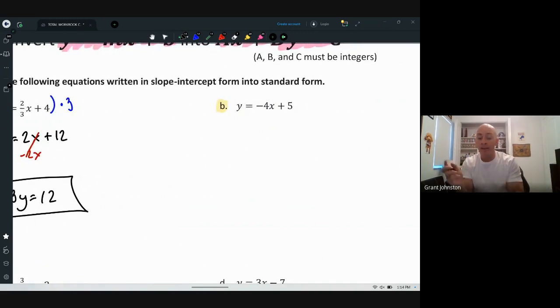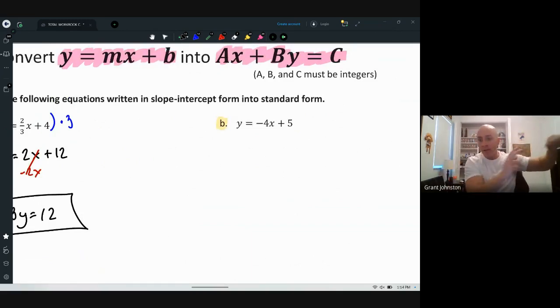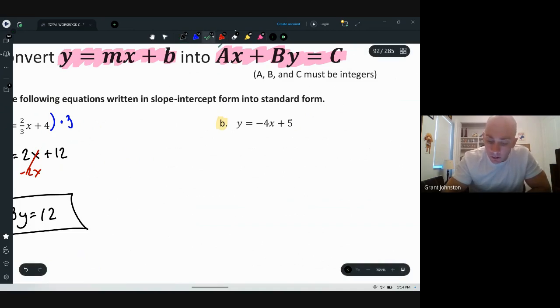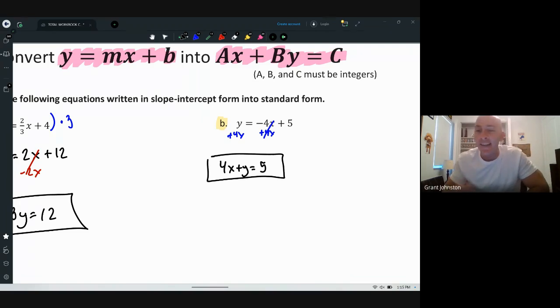So again, to get it into standard form, I just need the x and the y on the left side. Just move it over. So since it says minus 4x, hold on a second. Never mind. I'm going to do plus 4x. Just get that over there. And so you have a 4x plus y equals 5. Very easy to get into standard form in that case when you don't have any fractions you got to deal